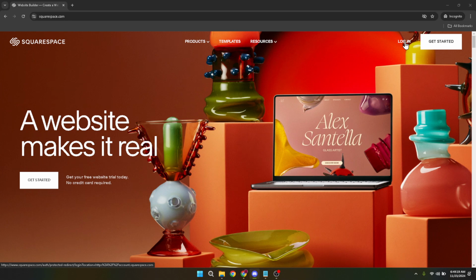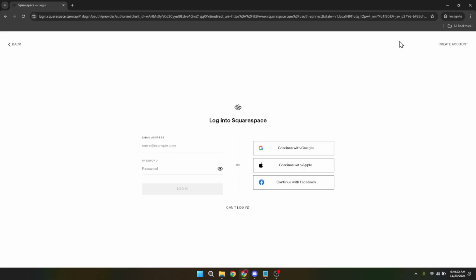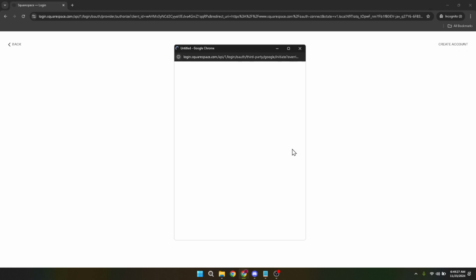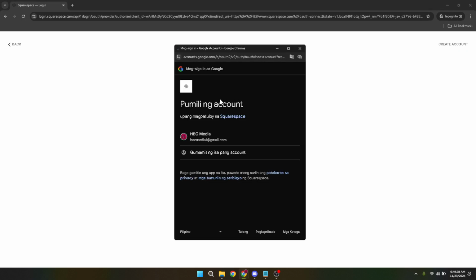The next step is to log into your Squarespace account. Look for the login button. Usually it's prominently displayed. Click on that and you'll be taken to the login screen. Here's a pro tip. If you've got a lot of online accounts and dread remembering all the different passwords, Squarespace offers a handy solution. You can simply click on Continue with Google for a swift login process, bypassing the need